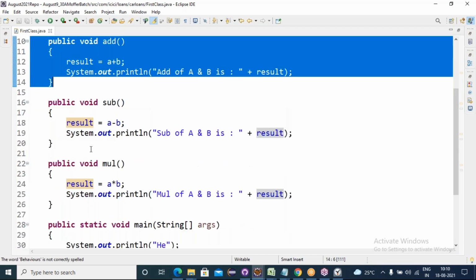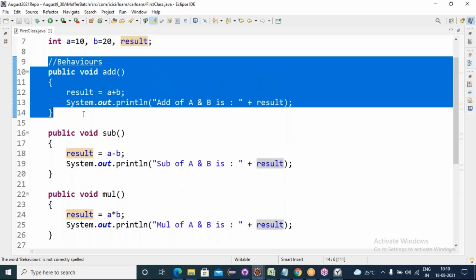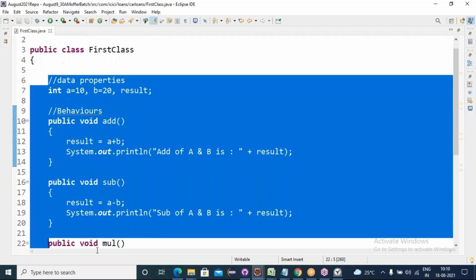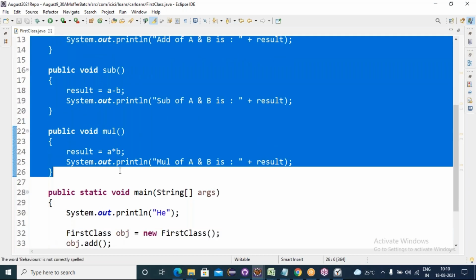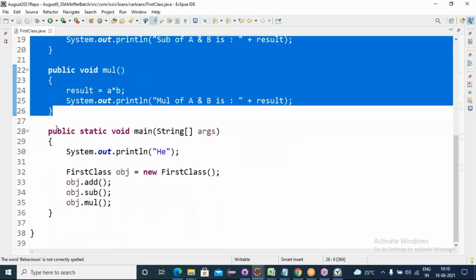Now, next question. How can we access the class planned properties and behaviors? By class object creation in a main method.